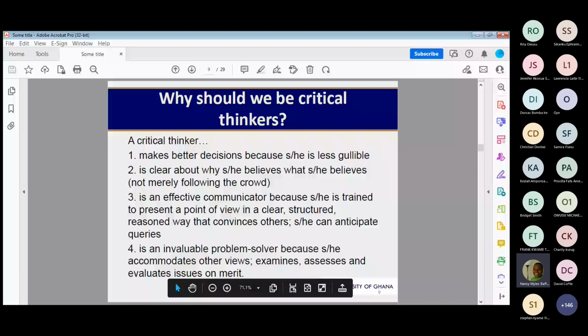Critical thinking will help you become an invaluable problem solver. I was telling, I think it was main campus group 6 or so, yesterday when I met them in person for the in-person session. We have only one according to our arrangement for main campus. Then I told them, look,